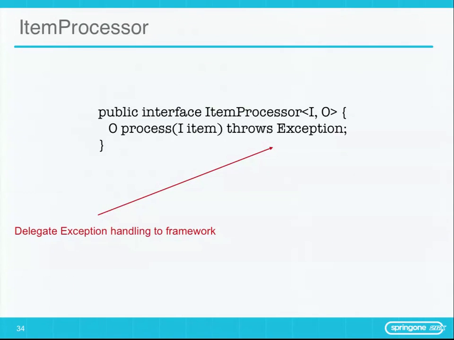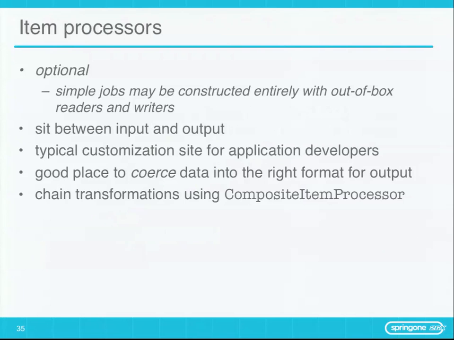Let's see, item processor. This is the next guy in the chain. Same interface. You can provide your own. Usually when I approach a batch job, this is where I'm going to do something specific to my business use case, right? I'm not going to rewrite the world and rewrite my own readers and writers, but if I wanted to, I could. The processor is where you get the chance to say, okay, I've got a representative record from the input source, and I've used the converter to convert it into the domain type I want, and now I want to process it. So I'm going to be given an input, and it's my job to return the output, and then that'll be forwarded on to the writer, right?